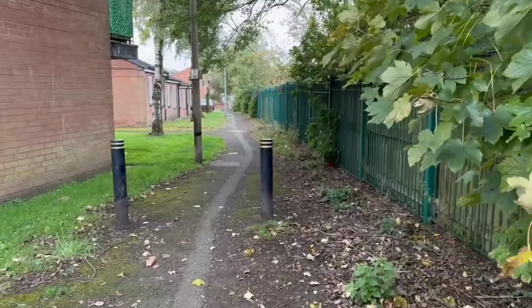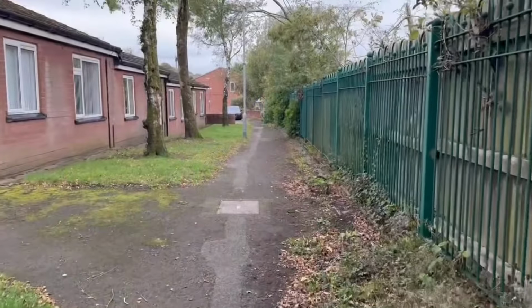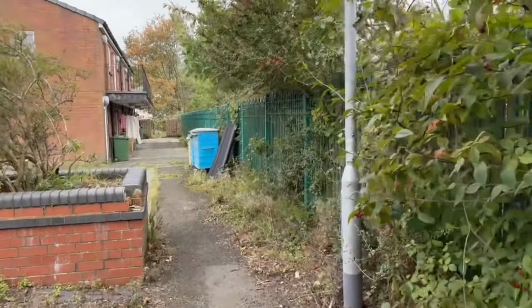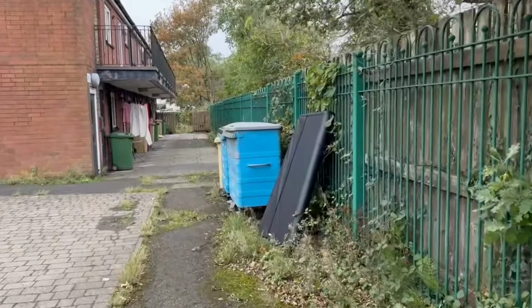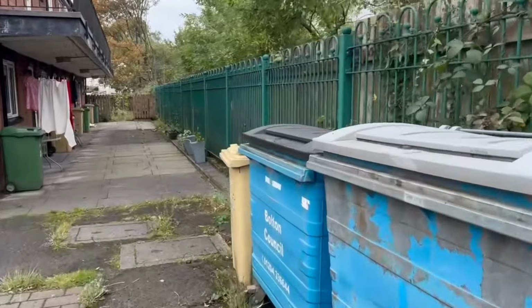There's the remains of what I think is an abandoned pit. And after I've had a look at this, I'm going to look at the remains of where a signal box was. So this green fence here runs at the side of the railway. Just after these bins, I noticed